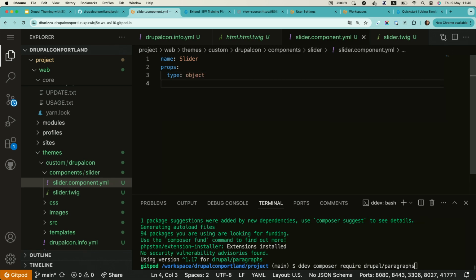And the other property that it will have is, of course, called properties. So it is of type object, and the properties that it has are going to be listed under the properties key. Now, inside of properties, we will do another 2 spaces for nesting, and we will start adding the properties